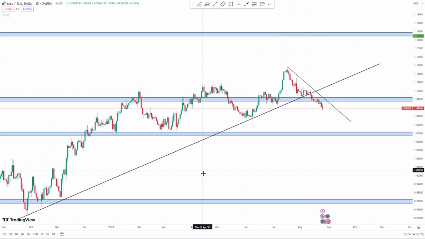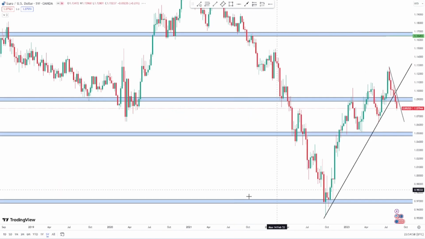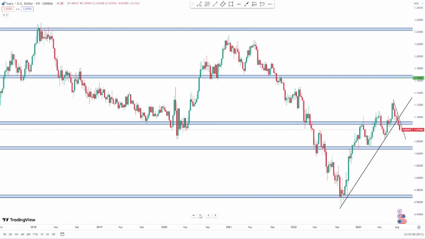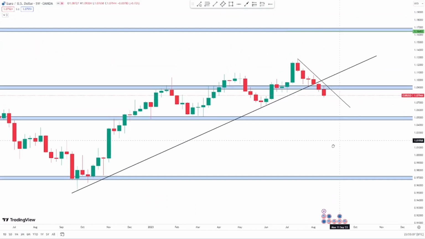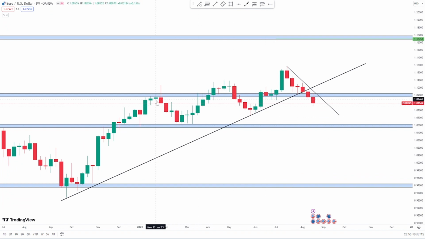This is on the daily time frame, but if we go to the weekly time frame, this is what you are seeing here. We're seeing a higher high, a higher low, a higher high, a higher low, a higher high. And as you can see, price is here to break this higher low that led to this impulsive leg up. Price is here to break it, but this is what I'll be looking at for the coming week.